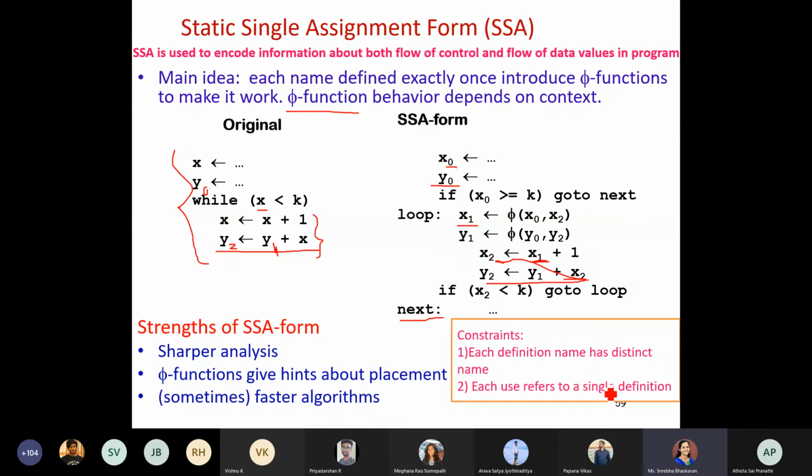So suppose within this loop I say x less than k, and I am using y, and I declare int y once again. What happens? Within that block, the y is a different one, not the same as the one above.